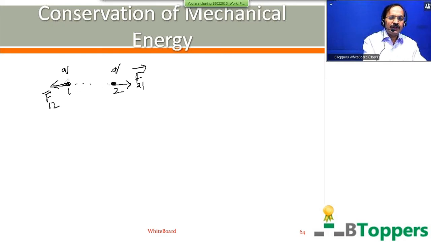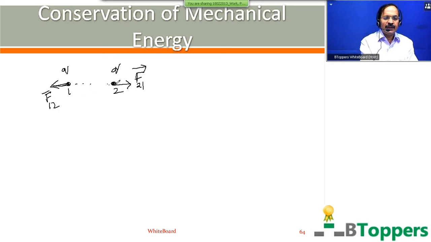Then let us apply the work energy theorem only for the first particle. The two particles are placed on a smooth horizontal insulating surface, so the weight of each particle is balanced by the normal reaction by the surface. In the case of subatomic particles like two protons or two alpha particles separated by a small distance, we can neglect the gravitational force between the particles compared to the electrostatic force. That will be discussed in second year, of course, again.